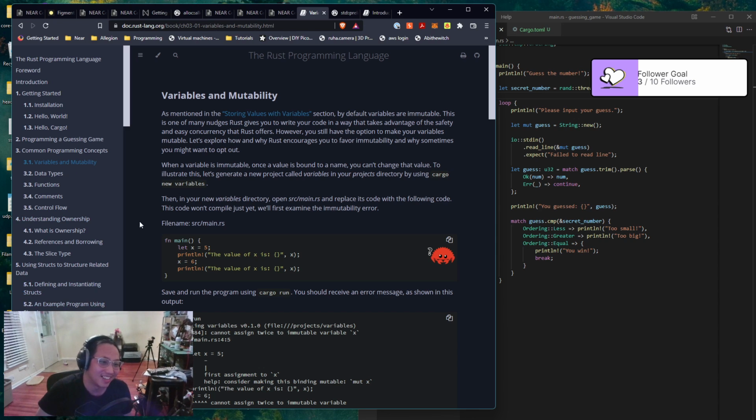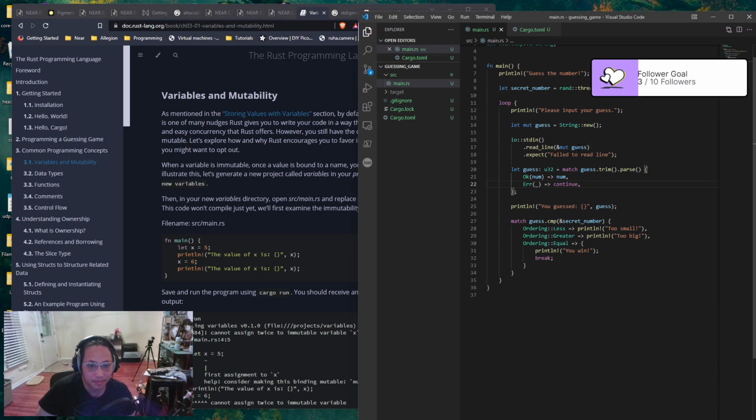I would always forget if it was mutable or if it was a pointer. Here, I guess, is an indicator if it's mutable, and if it's a reference, then it uses